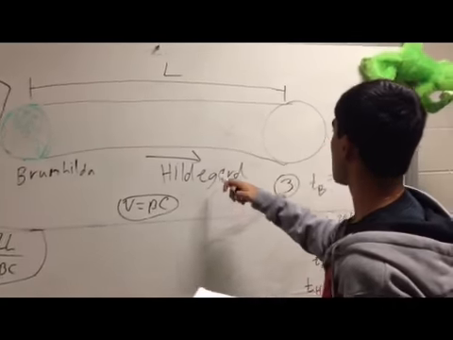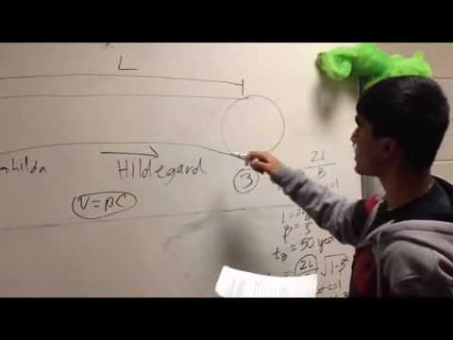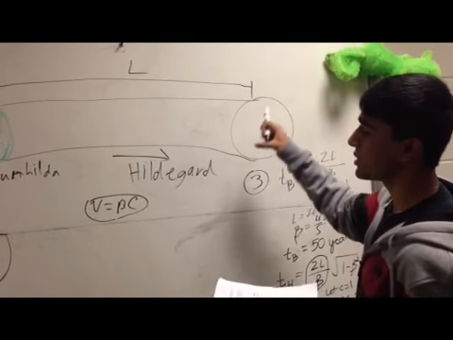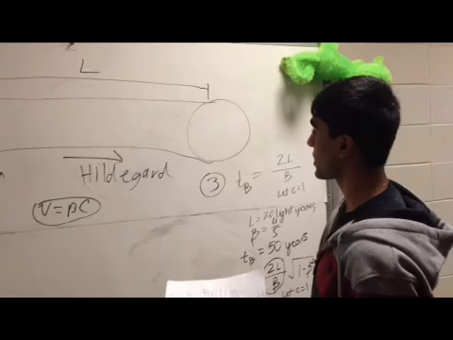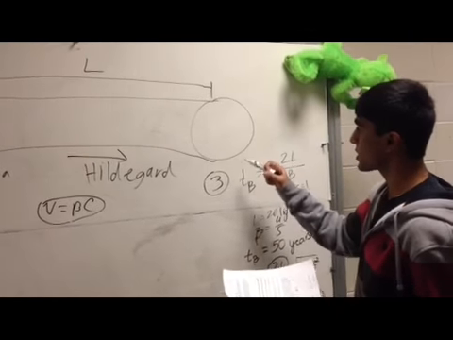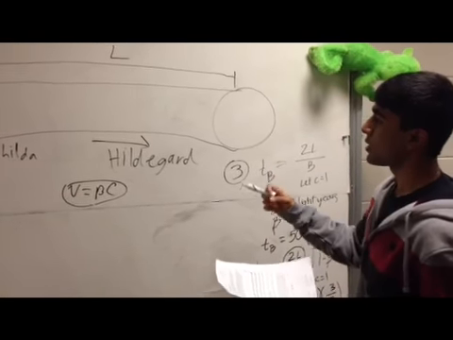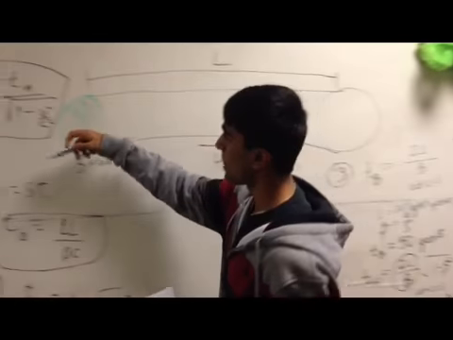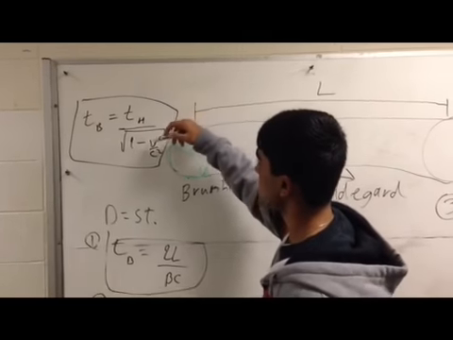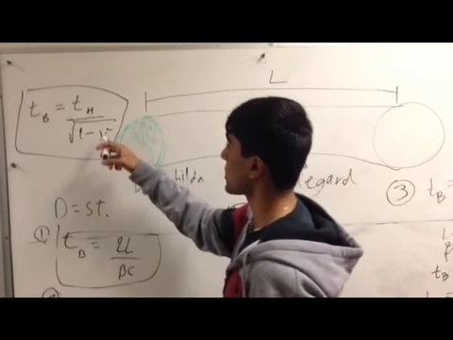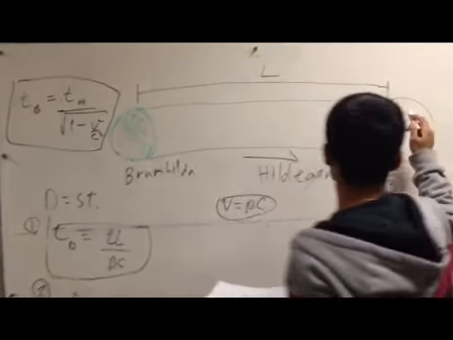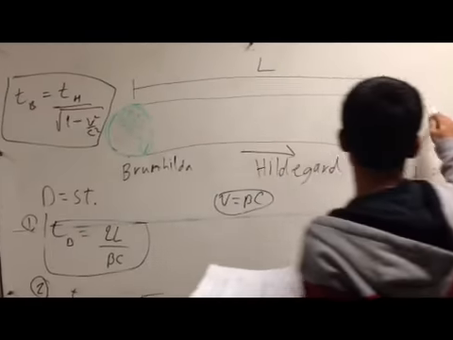Hildegard, however, has to change direction when he comes back, which means he has to have an acceleration. And when he changes direction, if there's acceleration, that makes this equation invalid because you're going to have a changing velocity,